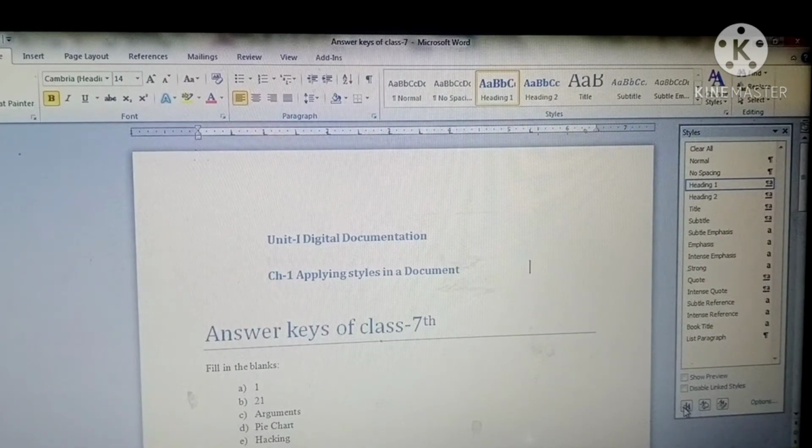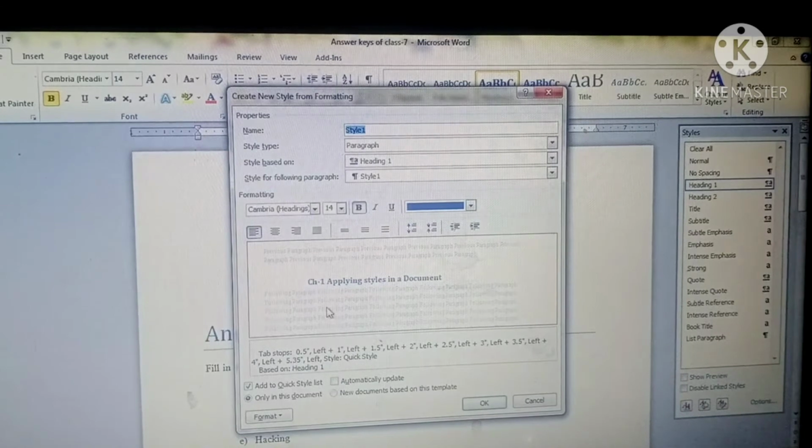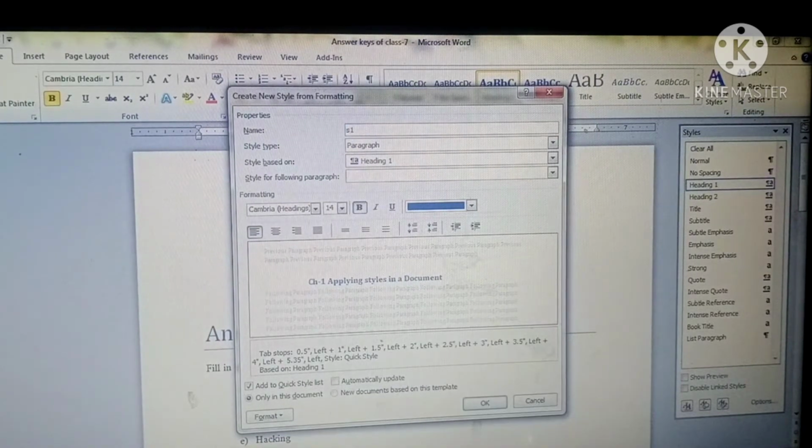The first button is the New Style. You have to click on this first icon, the New Style icon. Whenever you click on this, Create New Style from Formatting opens here. When this is opened, you can name your style. I am giving the style name S1.